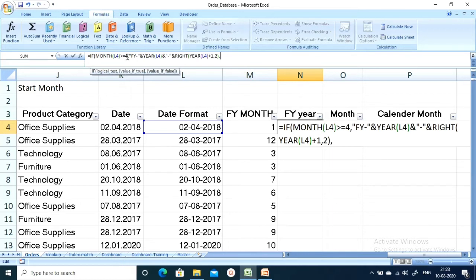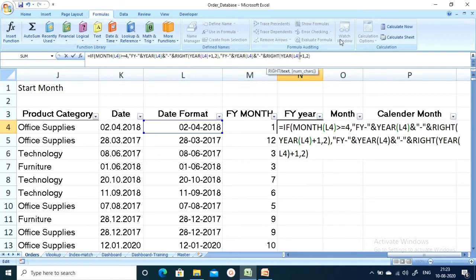If this is false, I am going to subtract 1 year here.